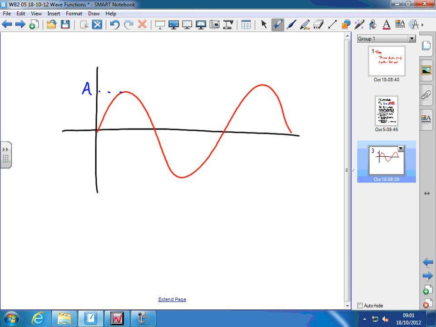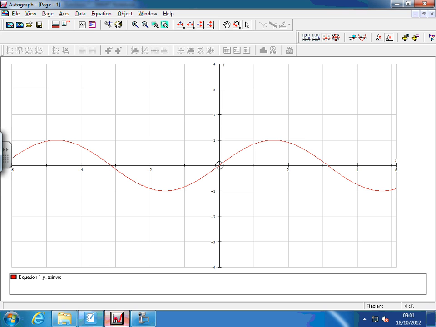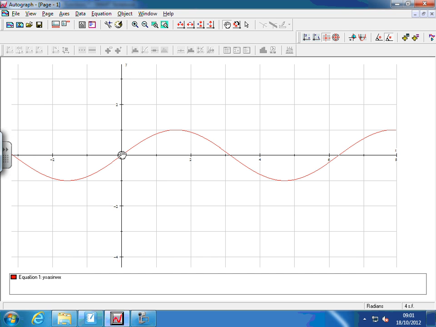A represents the height of the wave, doesn't it? So A represents amplitude, which you probably knew, okay? And we can confirm that. And notice that if we change A on Autograph, that has absolutely no effect on